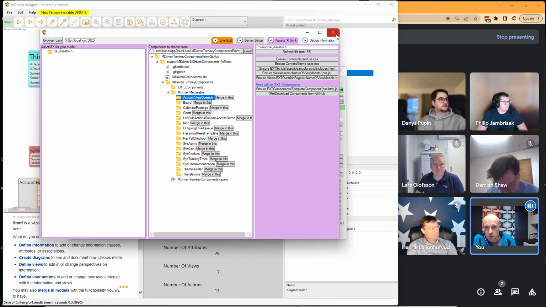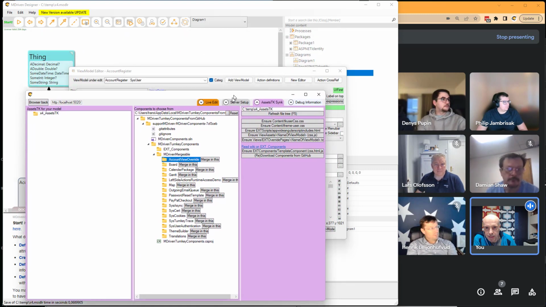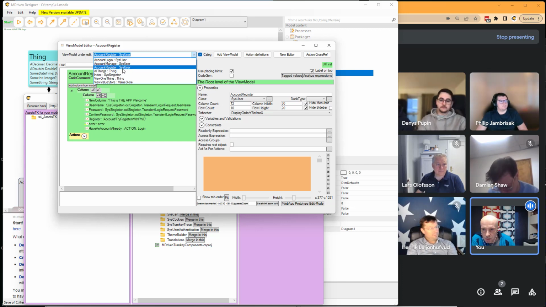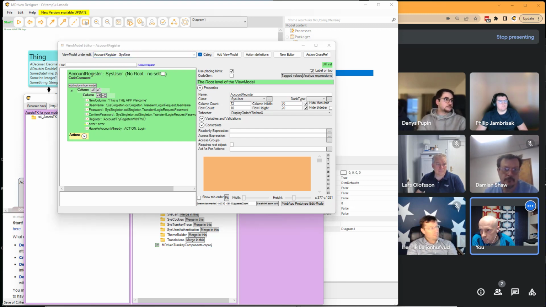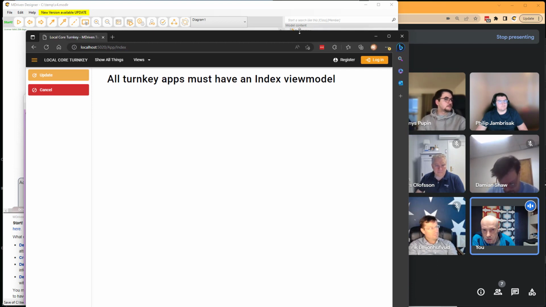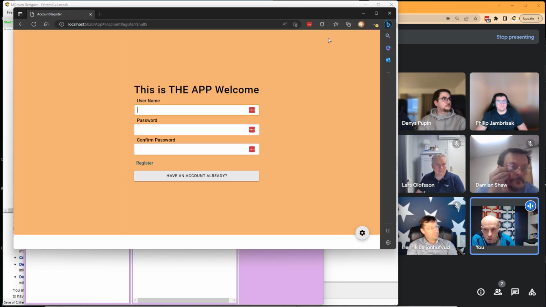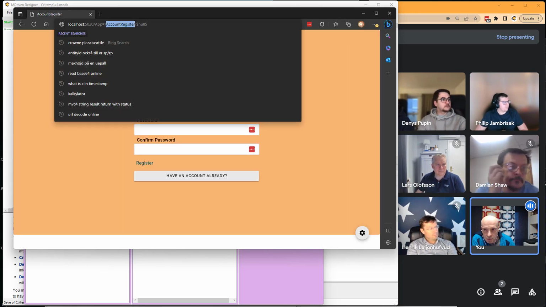Once you have that, you will get a few view models, and these names are important because they have meaning to MDriven Turnkey: account register, account manage, and account login. So how this will work when running the application is, now we're not logged in, and if we choose to register, we get to this account register page